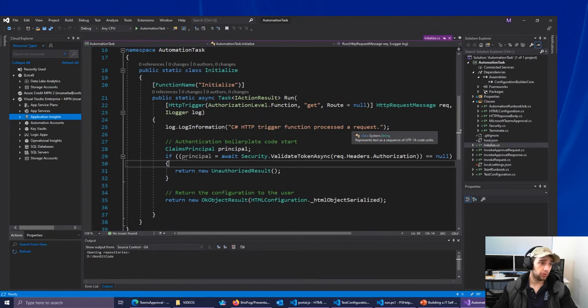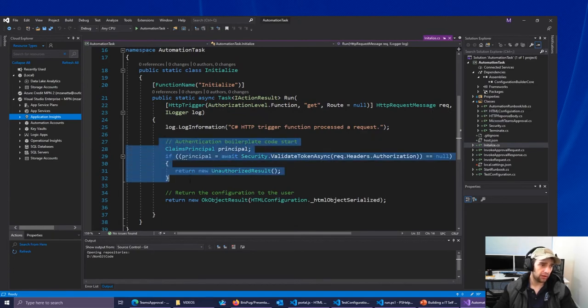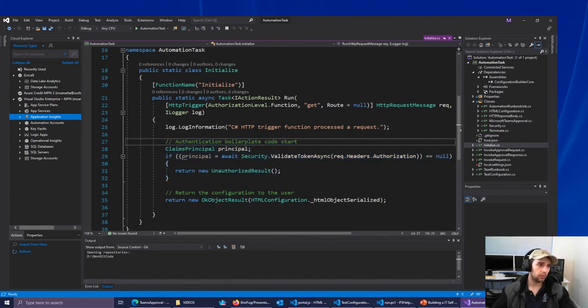The only thing that's really important to make note of is that the first thing we're doing is validating our token. So that token that was obtained, we need to make sure that it's valid. You can see here we've processed the request. We're going to call our claims principal, and we're just going to validate our token. Make sure that it is correct, and then if it's great, we are then going to